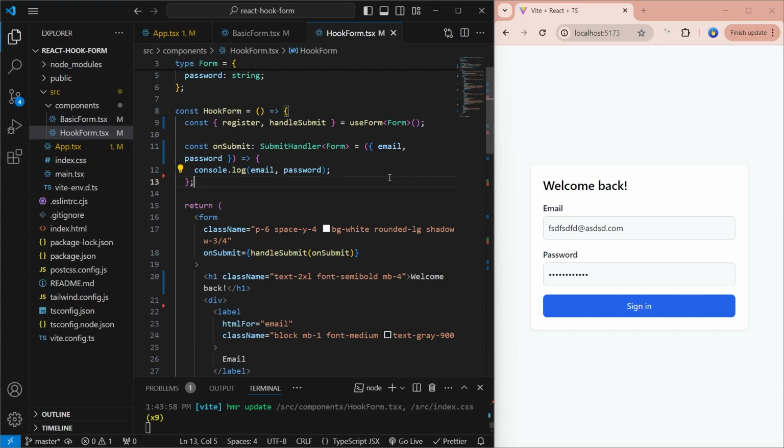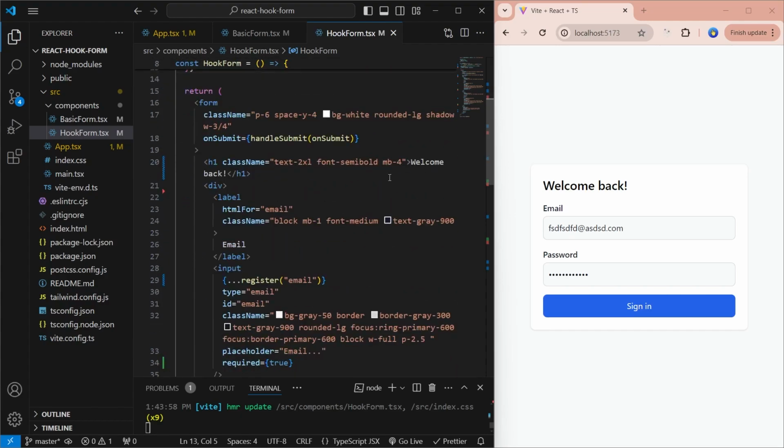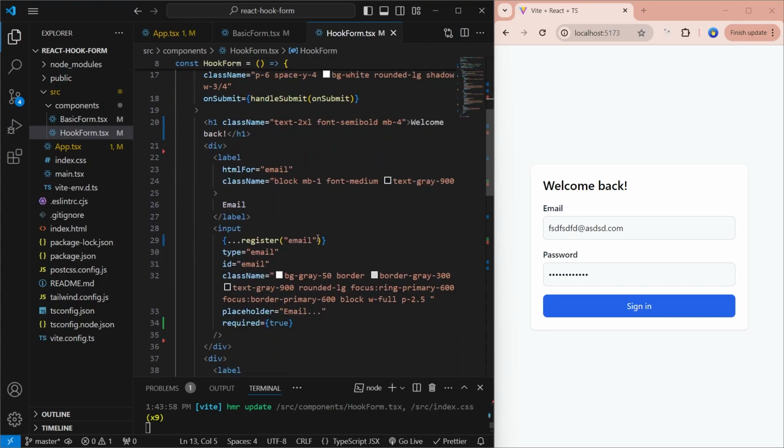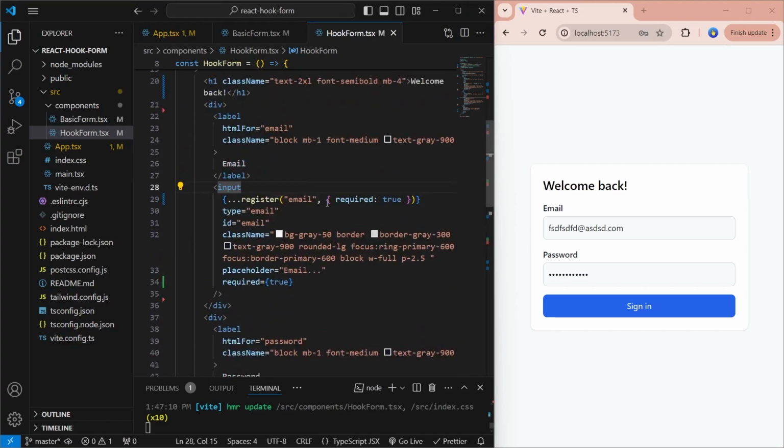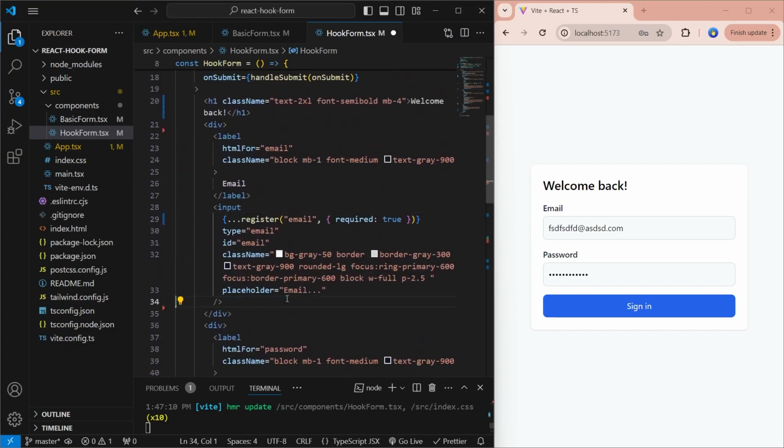But let's try to add some validation and see how that works. So the easiest way to add some validation is go to the register function. And the second parameter that you have over here takes in some rules that you have for this input field. So for the email, we can say that required is true. And since we're adding that, let's just remove the required is equal to true from the input field itself and